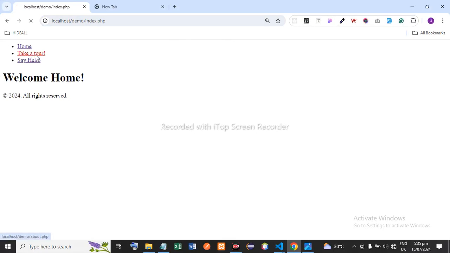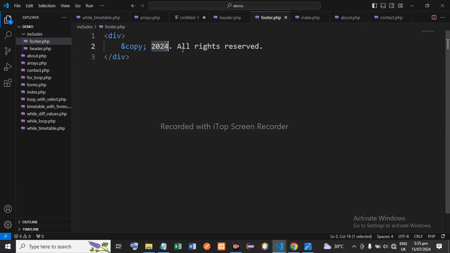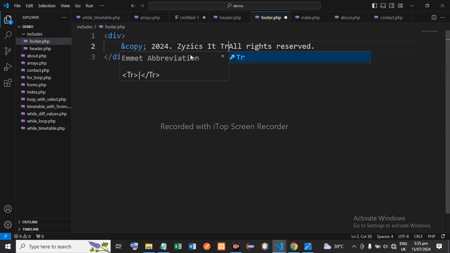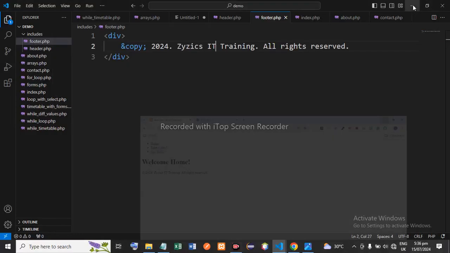So you see take a tour, you go, that's about us, that's contact. So it works without you having to go through 1000 pages to make changes. The same thing with footer. Okay, if you wanted to change this, it should be programmatically brought in. If you wanted to just add the champion, okay, or maybe Z6 IT training, okay, you can just add that. Okay, and then it works for all the pages. So you have contact us, about this IT training, and home. So that's the essence of using